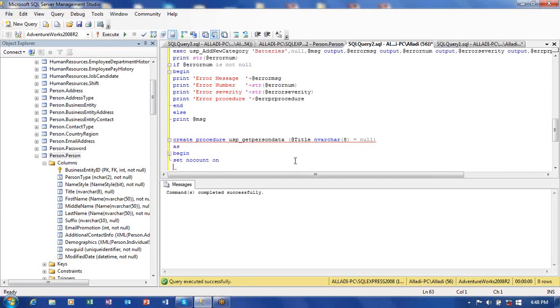After that, try to select data. Select star from, what's the table name here? Person.Person, where